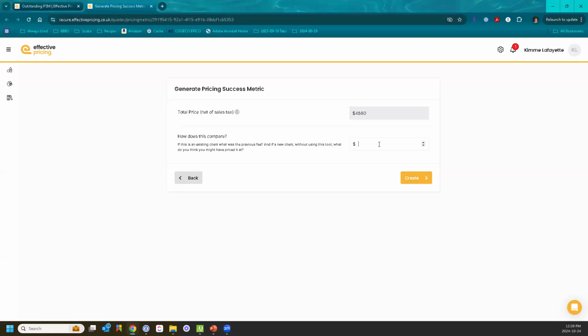So if you were not using effective pricing, if you were doing hourly billing, you could estimate the number of hours that you think it would have worked, or maybe you were doing fixed rate pricing or flat menu pricing or something. But you could say, the way that I previously priced this client in the past, I probably would have priced